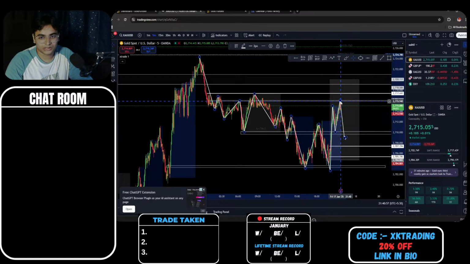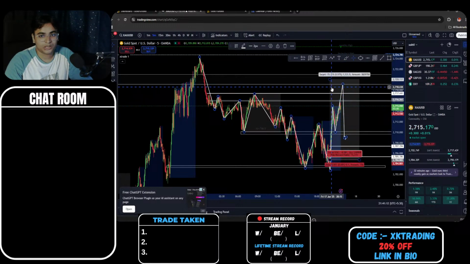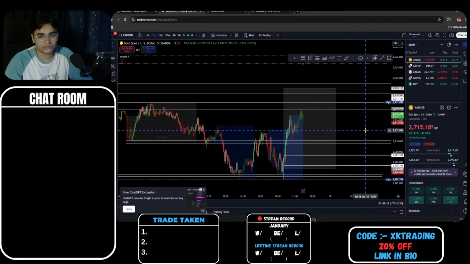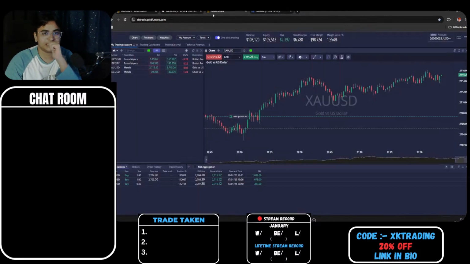But if not, then this high will be closed here. I think this is a good point because this is a strong level of area. A lot of people will be taking sells in this zone to take out more of them. I think this is a good level to put the entry. So 2720 should be the entry point, I guess, for the trades.